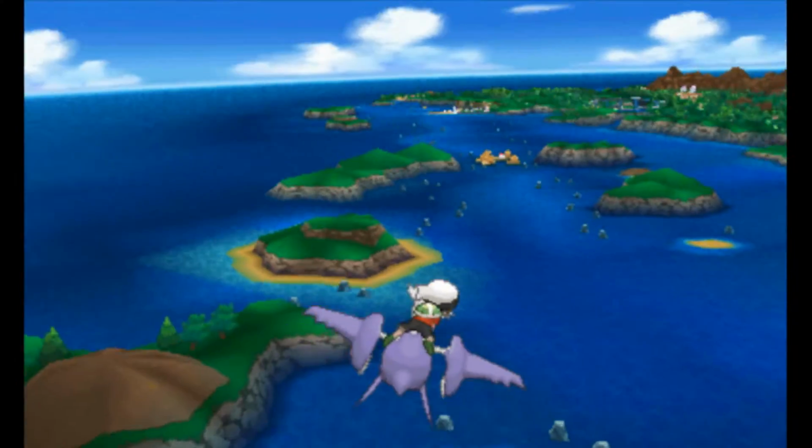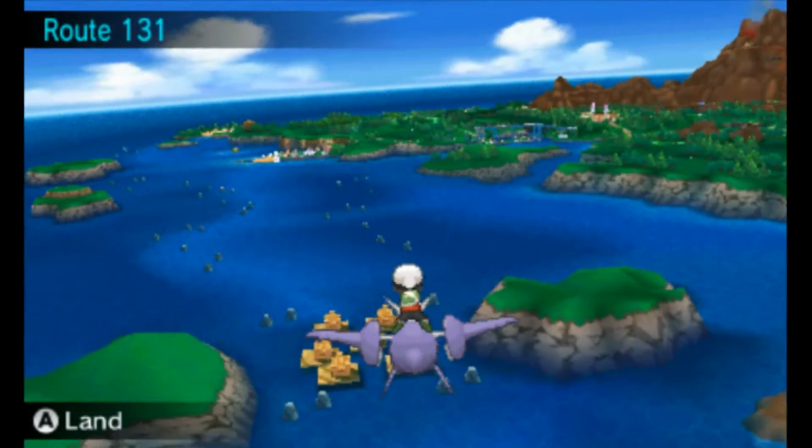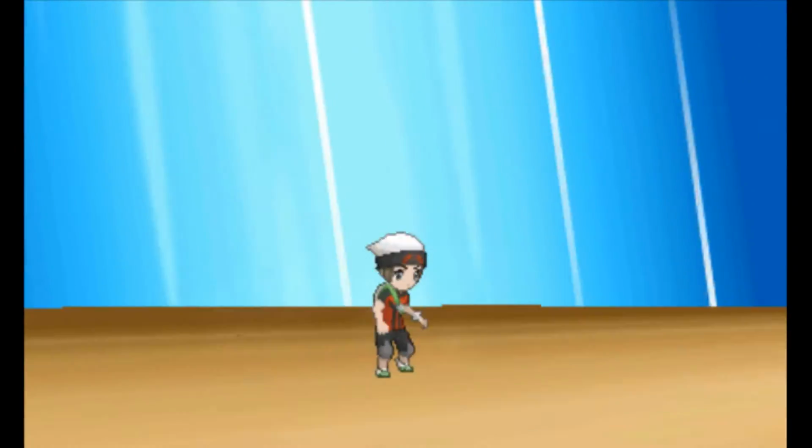Welcome back to the Alpha Sapphire Challenge Run. Last time we explored half of Victory Road. This time, hopefully we're going to explore the other half, but first, we're going to land in Pacific Log Town and get some healing. I'm very glad that I didn't use this heal point before, because I'll just very briefly